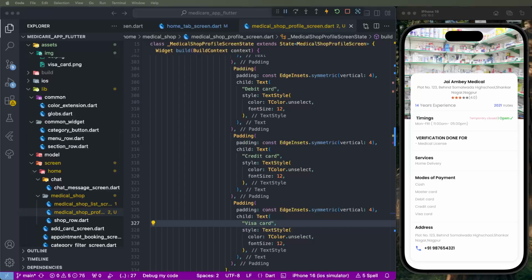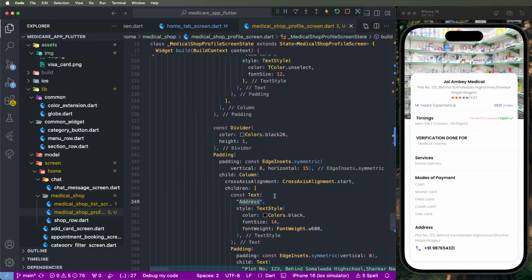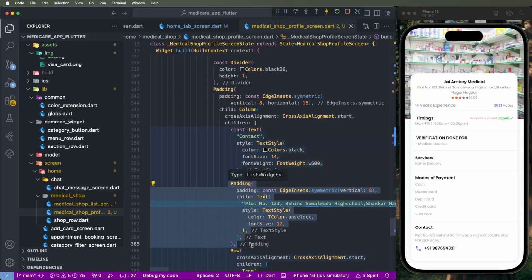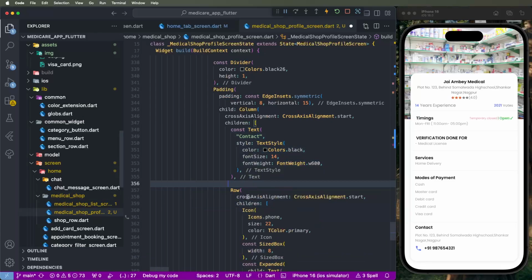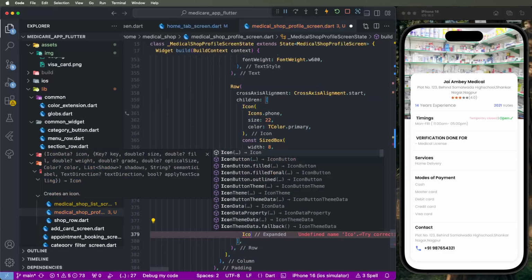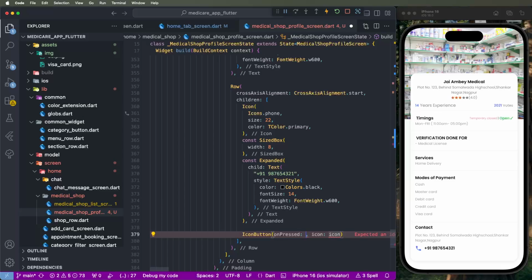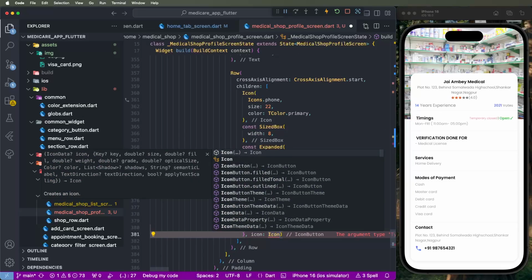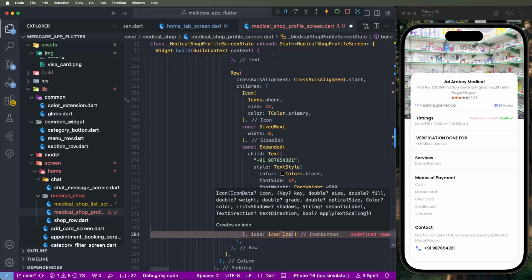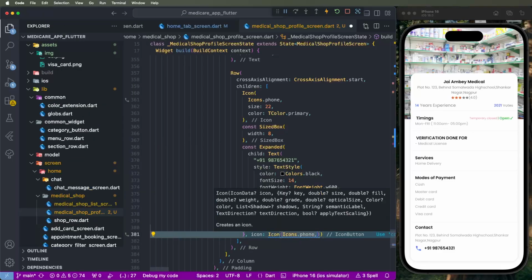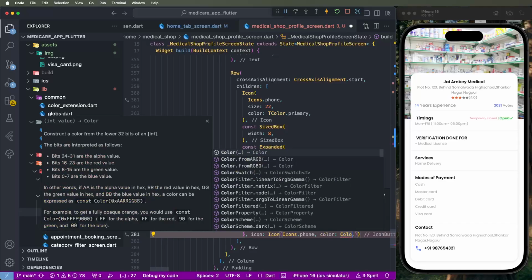Now we need to show the contact, we need to send the titles here, and remove the address field, no need now. We need to show the phone numbers and create another button, an icon button with an on press event, set the icon as a call icon, put the phone icon here, set the color white,